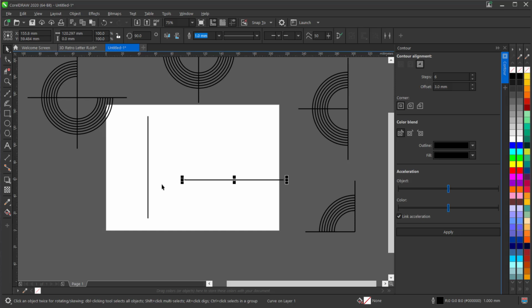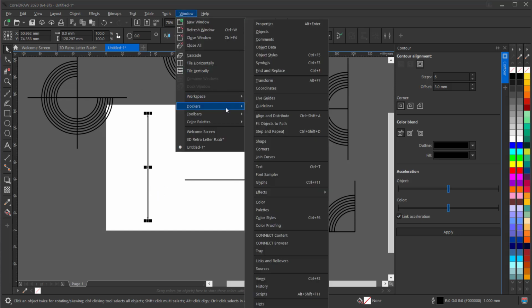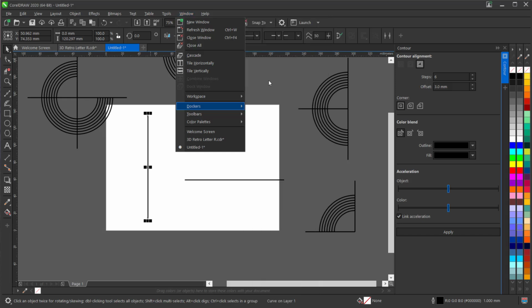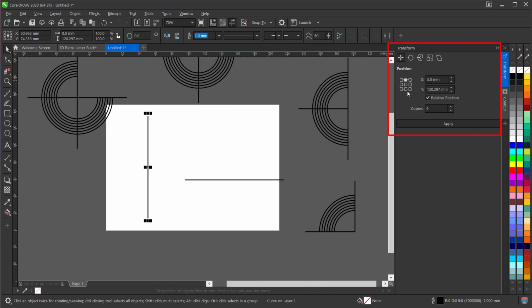So let's separate the two and go to our transform docker and apply the settings as you see on the screen.